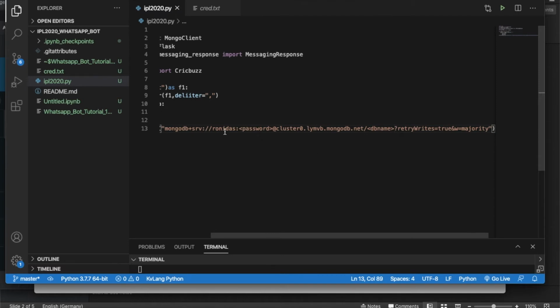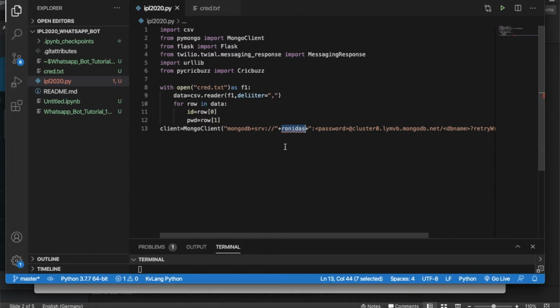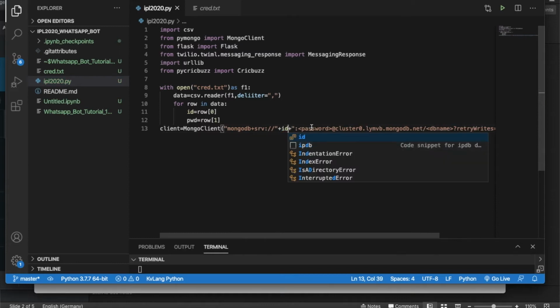So let's check this. In our case it will be up to this, then plus, and here it will be again a plus, and from there it will be like this. This username will be replaced with the ID, and this password also will be replaced.